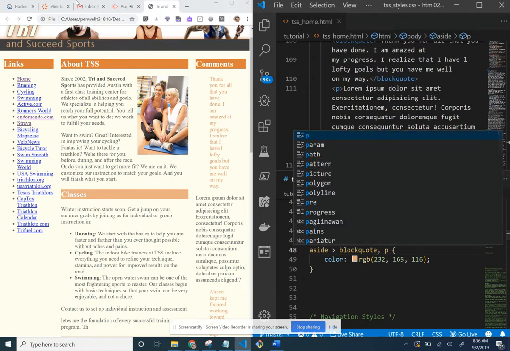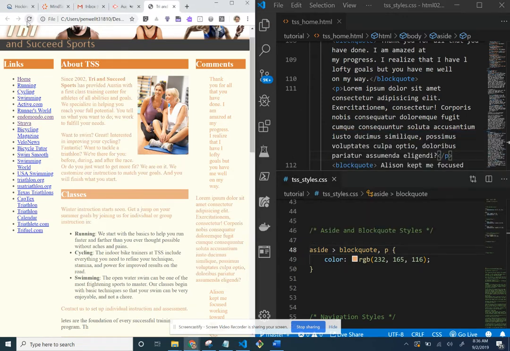What happened there? That's not what I wanted to do either, because it's affecting all these other paragraphs. So what I might have to do is